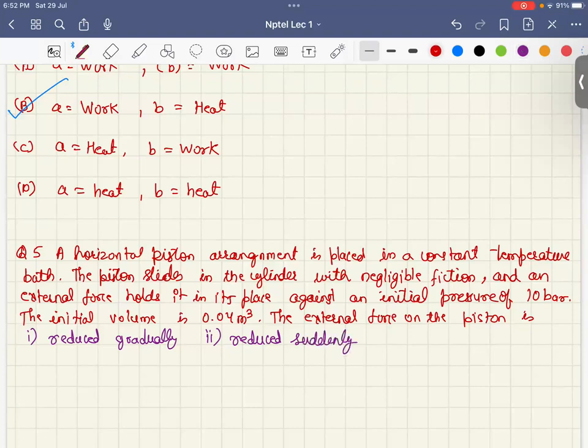So these are the two cases. In both the cases we have to find the work done by the gas